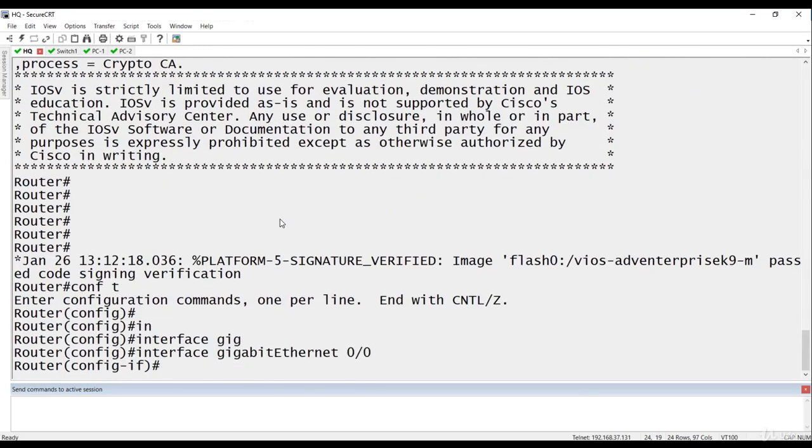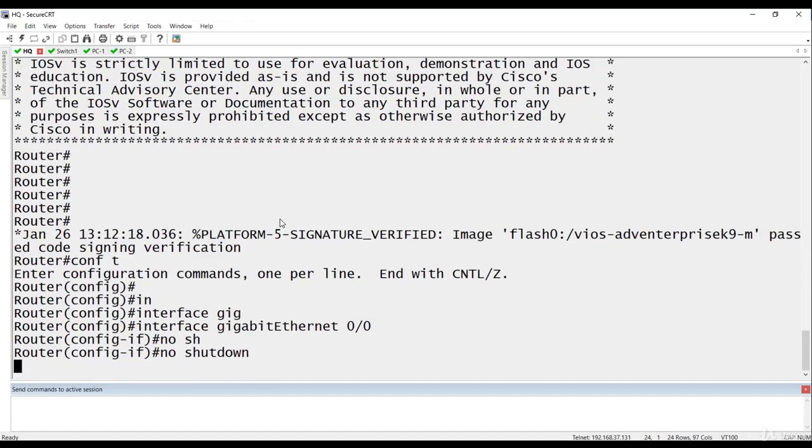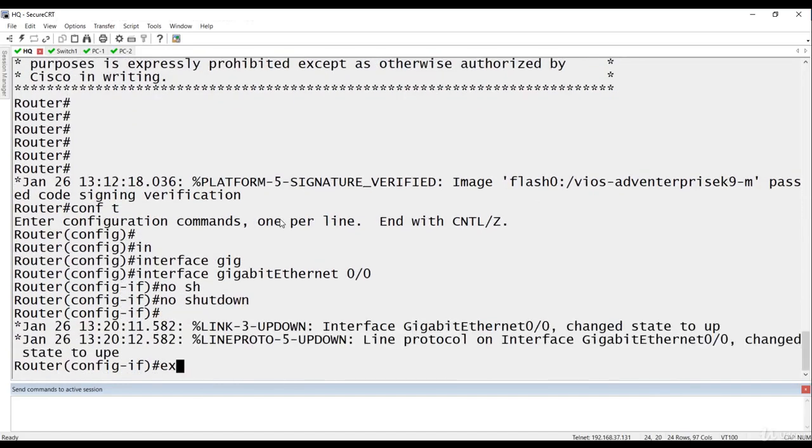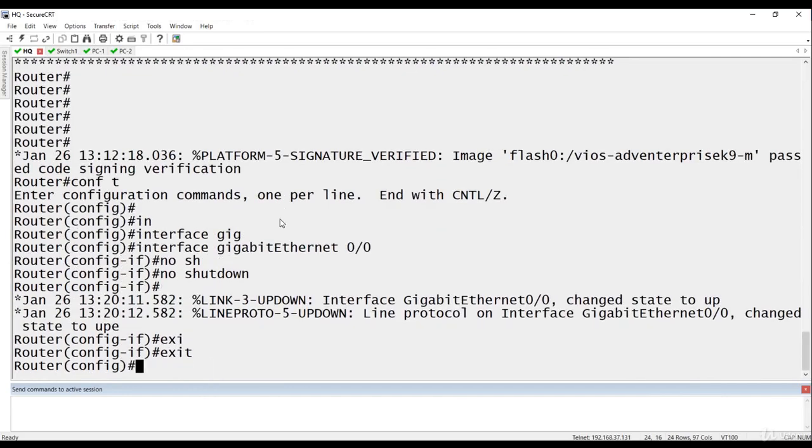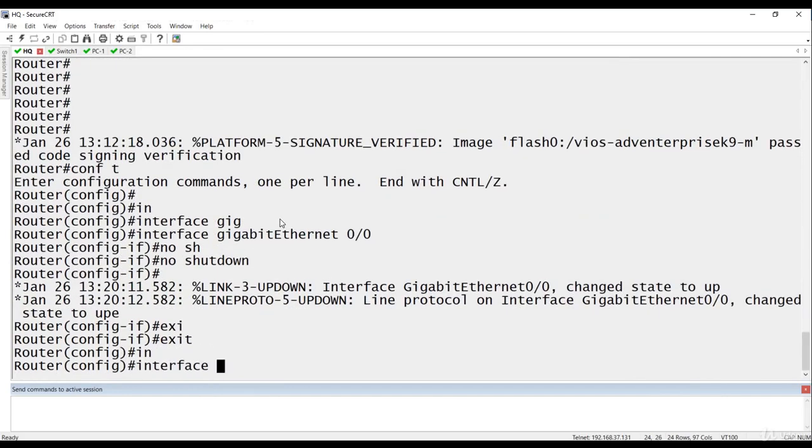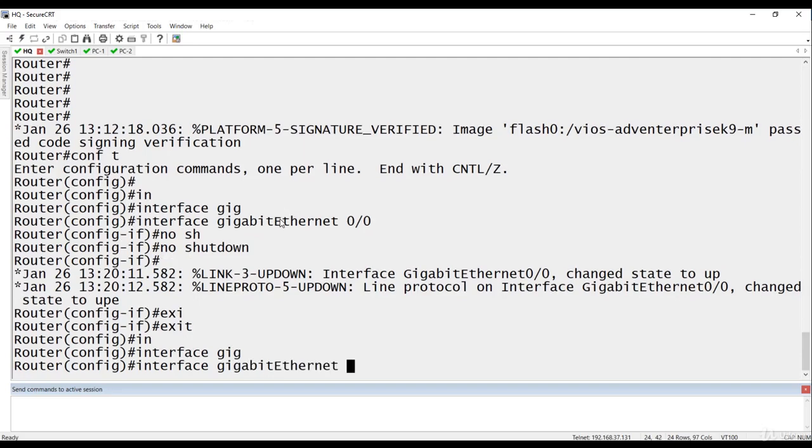and once we go inside the port, we will not do anything other than no shutdown. We will just bring the port up. That's all we need to do, and exit out of here. Okay, so what we need to do is we need to go inside interface again, not inside, but just write down interface 0/0 dot, then we will create sub interfaces